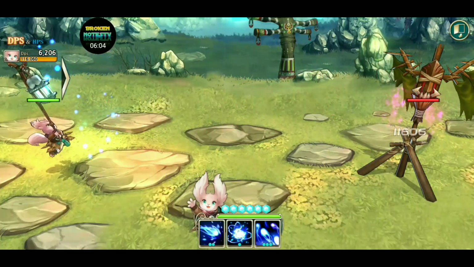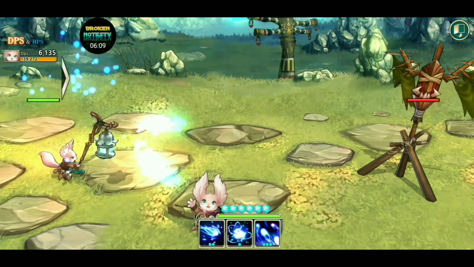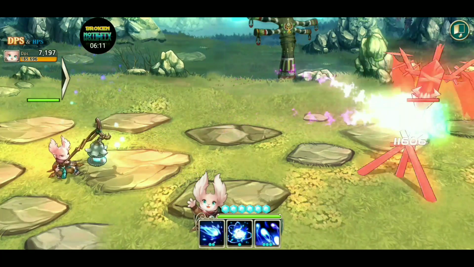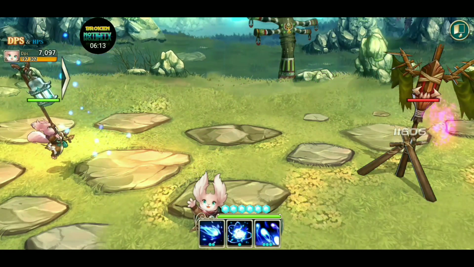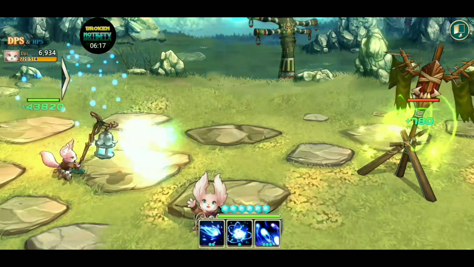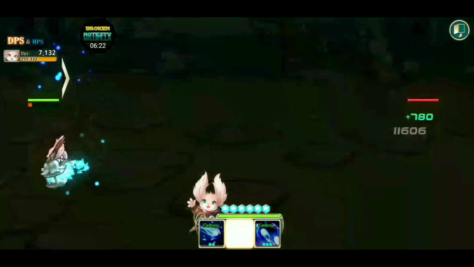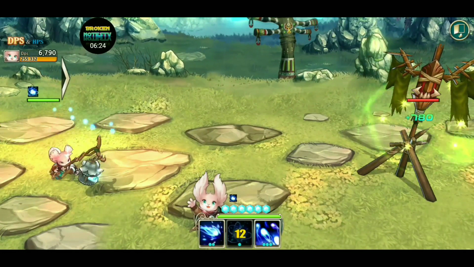Salvation, a 12-second cooldown. What it does is remove debuffs from all allies and increase magic defense for 20 seconds. Level 2 increases magic damage growth by 50%, level 3 gives 250 debuff resistance for 25 seconds. So this ability right here, it's 1 mana, but you know, you